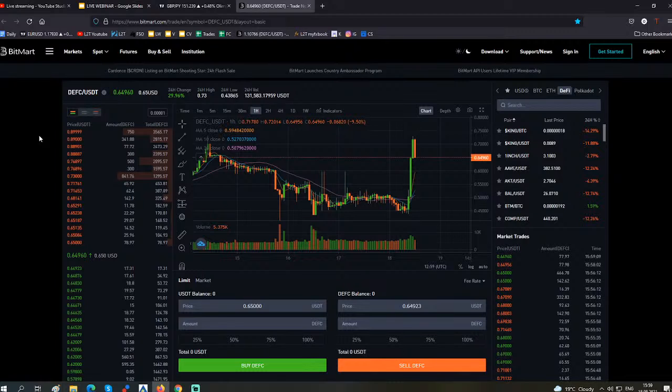Personally I would like to enter with a buy limit, only because maybe the price of DeFi coin could resume its drop here in the short term before jumping higher, placing a buy limit maybe here around 0.6168, 3 cents lower. Okay, so this is DeFi coin,